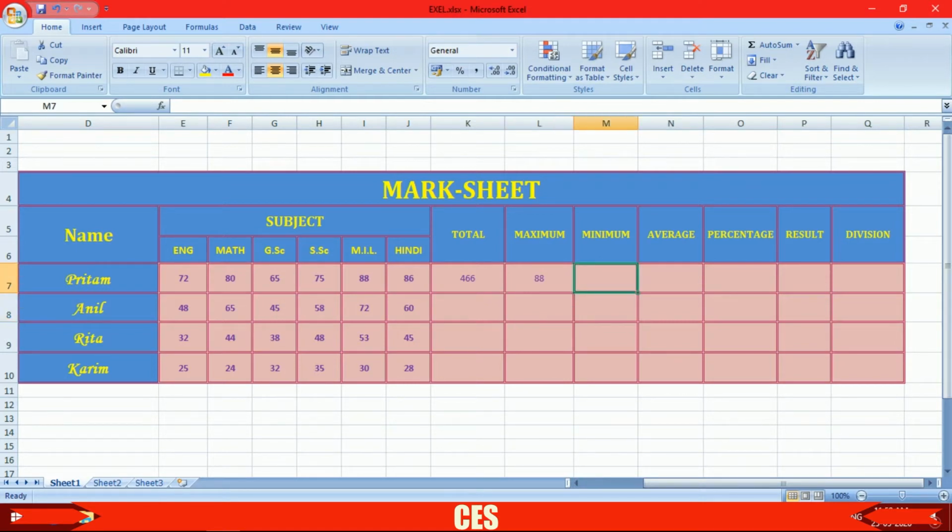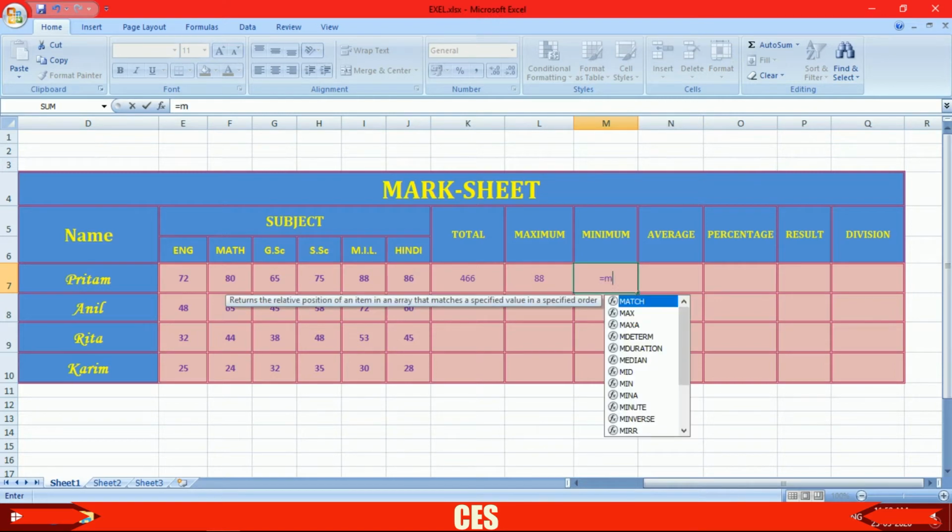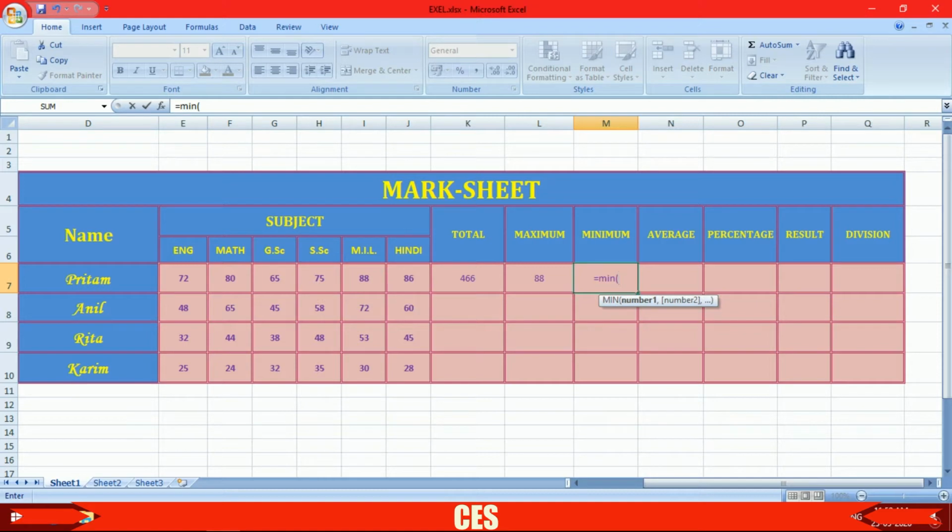Let's see how to calculate minimum mark and what formula to use. So the formula will be equal min, then bracket open. Now select the marks obtained by Pritam, then bracket close, then enter.